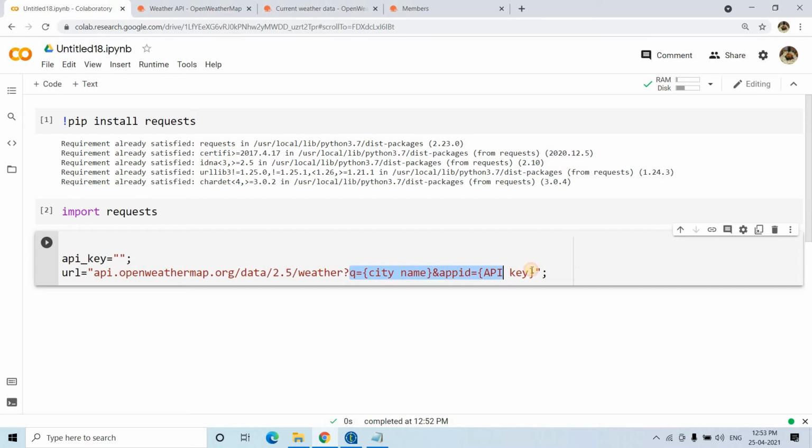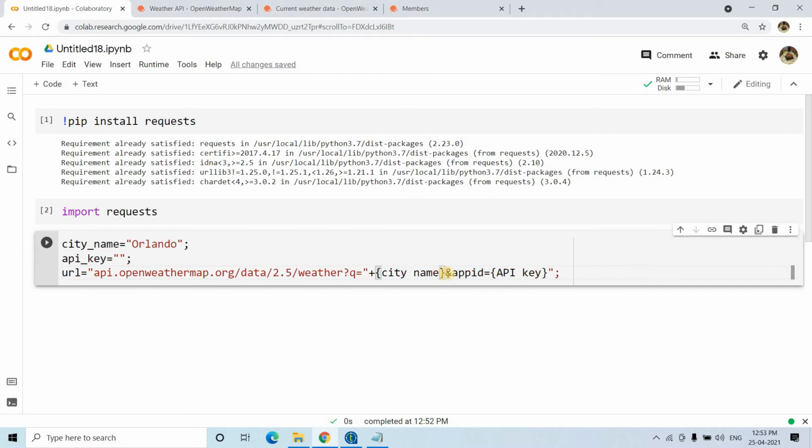Based on city we want to get weather related information, so q equal to city name we have to provide. I can provide this city name in one variable, maybe for Orlando we want to extract the weather information. So that variable we want to put here.